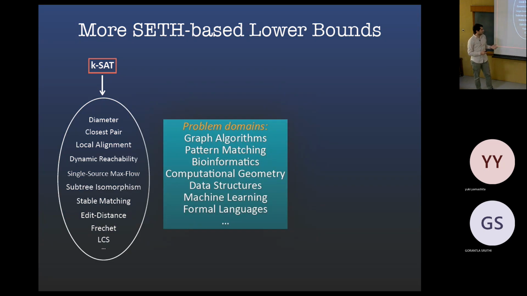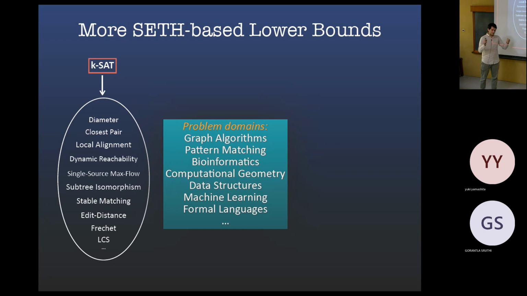And so the nice thing, or what I want to point out about this list, is that it's a very diverse list with a lot of very fundamental problems from a lot of topics. So we've already seen these problems on strings. There's this diameter problem. You have a graph with, let's say, n edges. You want to find the largest distance in the graph. You can do this in n squared time, and the conjecture is that if you could do this in subquadratic time, you break the SAT conjecture. It's a very simple graph problem.